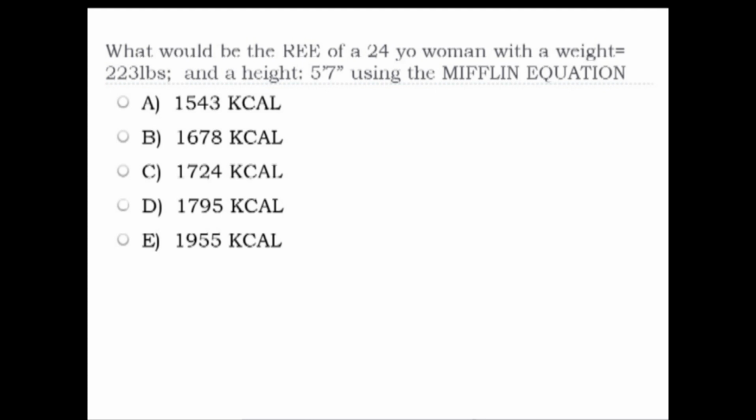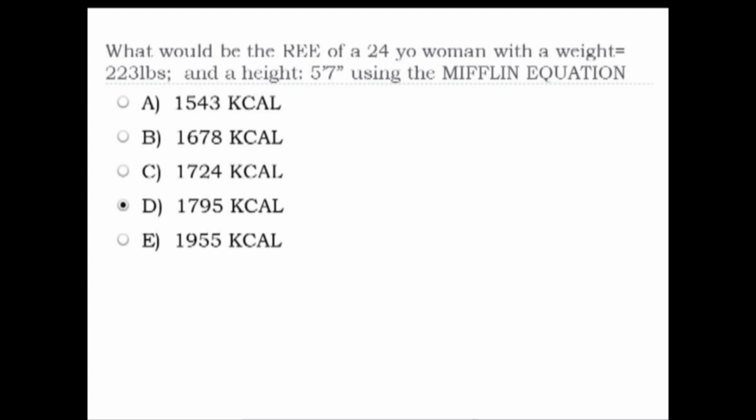Here's a Mifflin equation. Specifically, what you're trying to achieve is the resting energy expenditure of a 24-year-old woman with a weight of 223 pounds and a height of 5 foot 7 inches. So the goal here is to come up with the resolution within about 45 seconds. So pause here and time yourself. You should have memorized the Mifflin equation. The correct answer to this question is D,